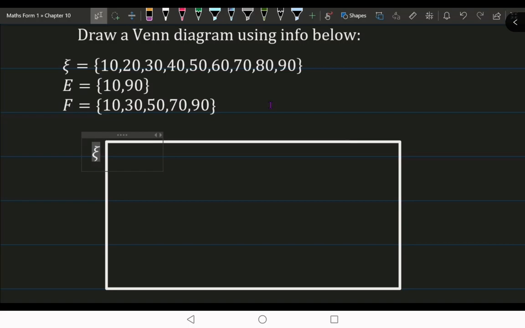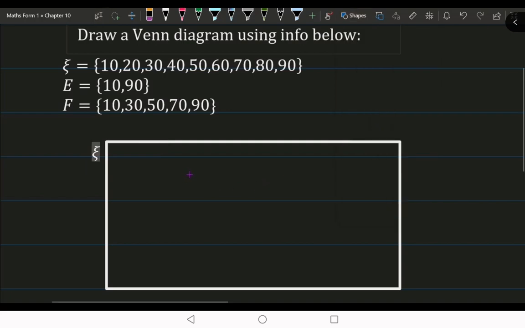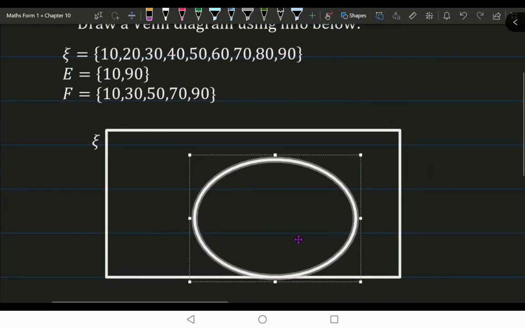The universal set must be represented by a rectangle or square; we cannot use other shapes. And the sets inside it, you usually use an oval or circle like this. We call this one